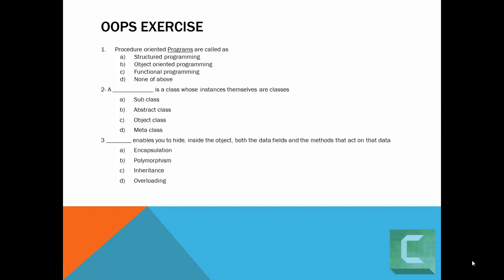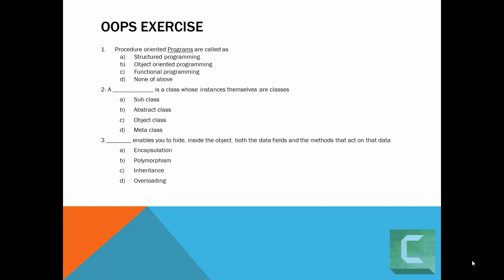So, the first question is procedure oriented program. Procedure oriented programs are called as structured programming, object oriented programming, functional programming, or none of them. So procedure oriented programming are called as structured programming. It is not an object oriented programming, it is not a functional programming. Okay. Next one is,